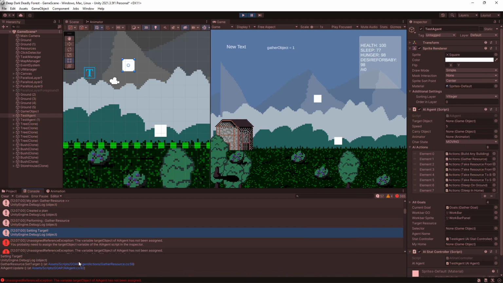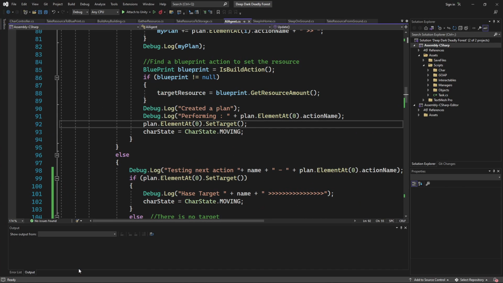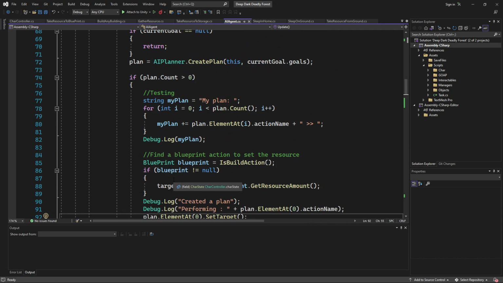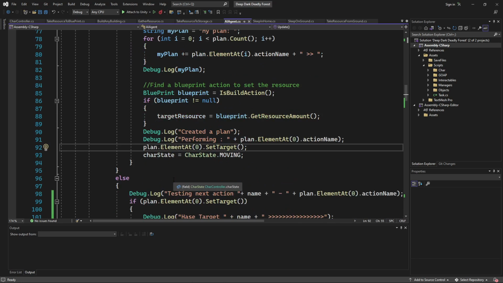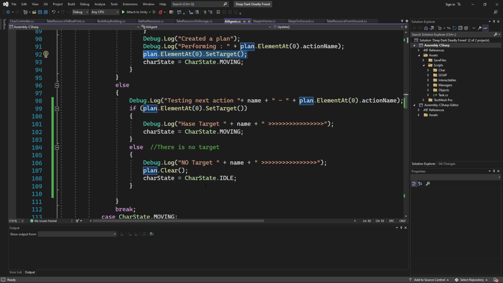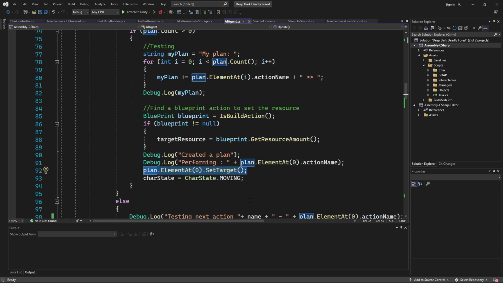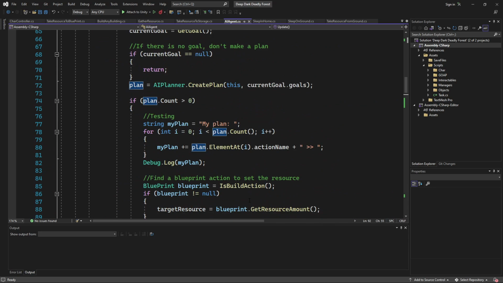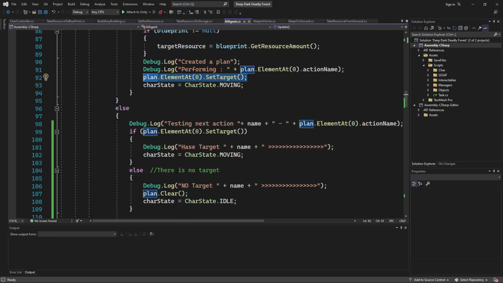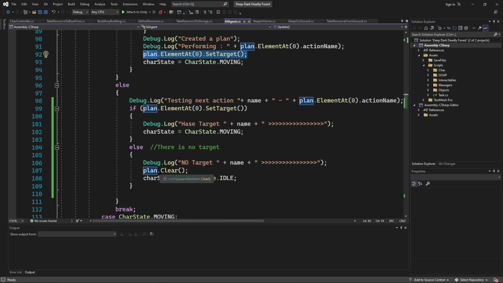Let's see. This is from the resources from AI agent. Oh. We're setting the target here. And then we're doing it again. Okay. I need these both in both places.